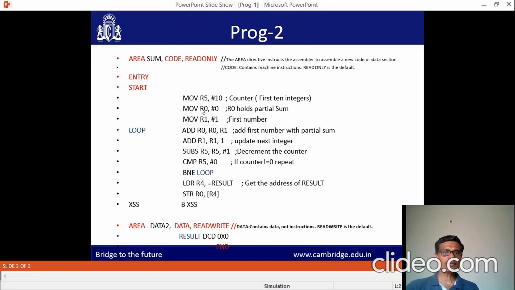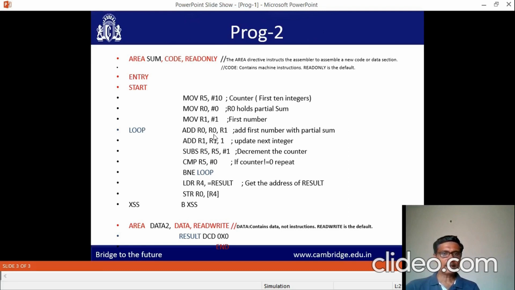R0 holds the partial sum, and at the end it will store the sum. The initial value of R0 is 0. R1 holds the integer numbers one by one. Initially, the first number, that is 1, is loaded into R1.